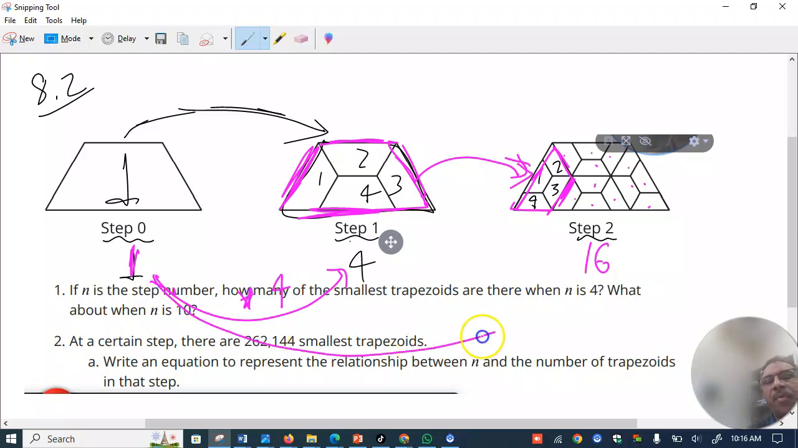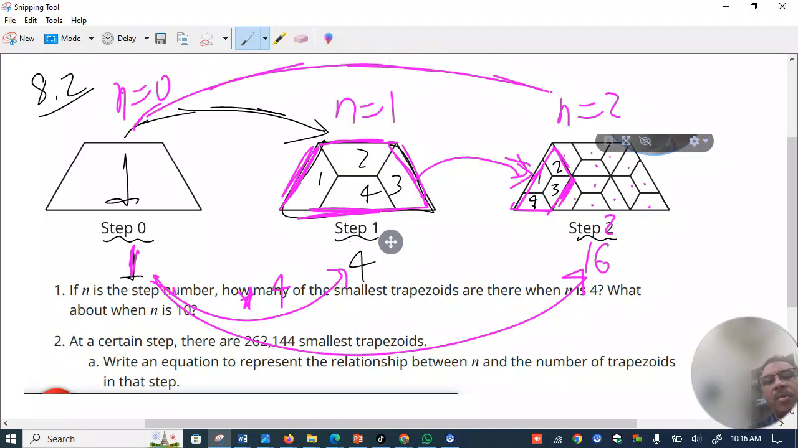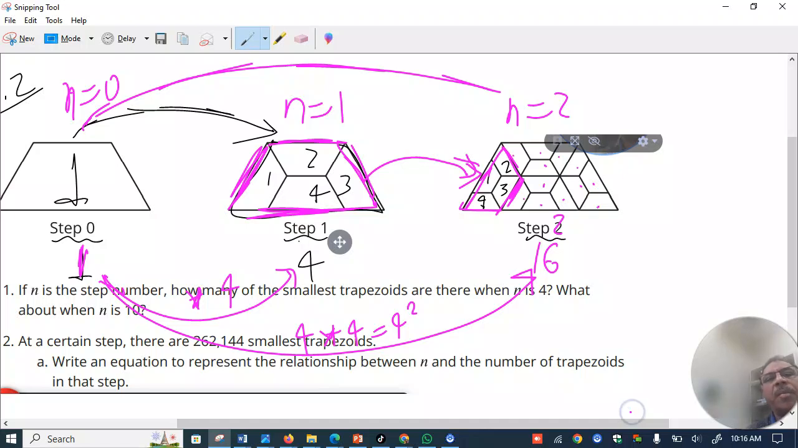And if you go from here to here, the second step, this is step number 2. So when n is 0 here, this is when n is 1, this is when n is 2. And you can see from 2 steps, if n is 2, you're multiplying 4 by itself twice, which is 4 squared. But if you want to figure out how many trapezoids there are in the next step,